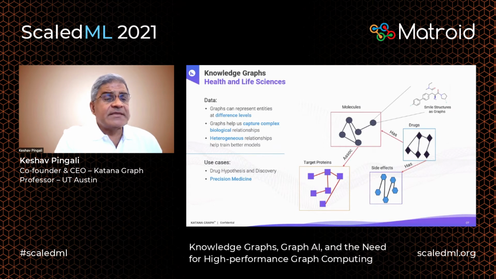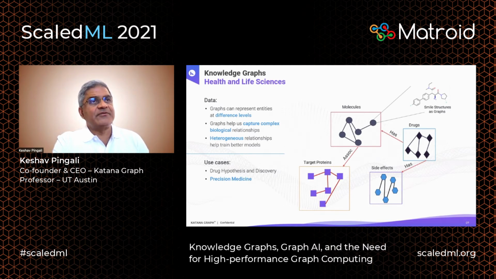So here's an example from health and life sciences. We were talking about these medical knowledge graphs. The vertices in these medical knowledge graphs could represent diseases, proteins, genes, papers, authors, funding agencies, chemical compounds, and so on. And then you connect these nodes to each other depending upon the relationship between them. So for example, in this cartoon picture over here, there's a drug, and you can see there's a side effect. And if that drug has a particular side effect, then you connect the drug node to the side effect node with a has property edge.